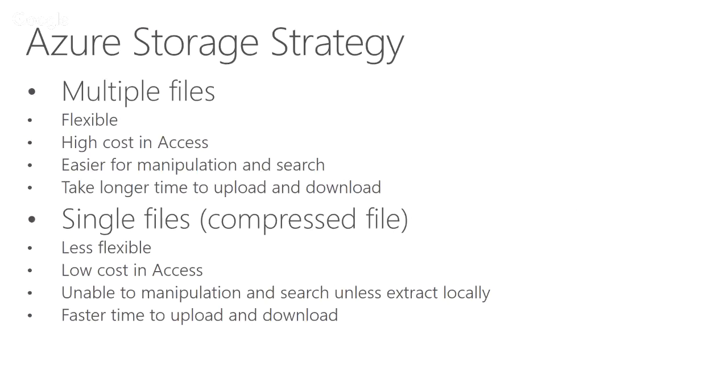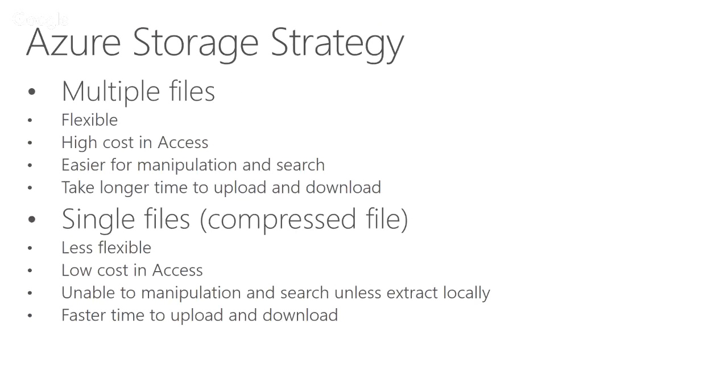But when you download, you only download one file, and it's very fast. Because if you download 1,000 files, it's slower compared with one file, even though the total file size is exactly the same. So when you do a single file, there's less flexibility. If you plan on files that you're not using that frequently, then we recommend you have a single file, right? Like for example, a database backup, how frequently do you open the files, right?